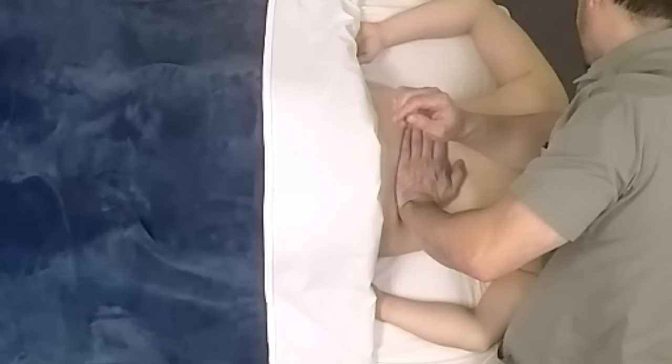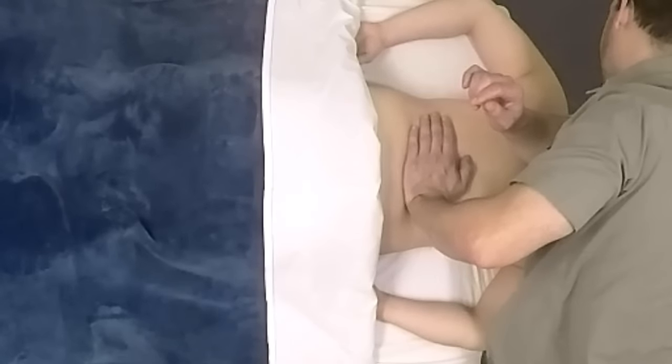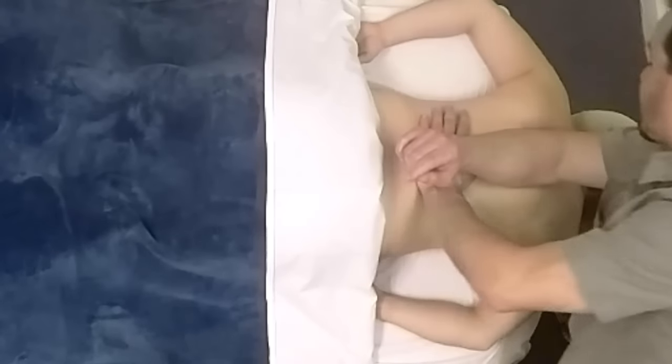It can take anywhere from 5 seconds to 30 seconds depending on the knot and how severe that knot is. Okay, now we're using the forearm and elbow to track upwards towards the